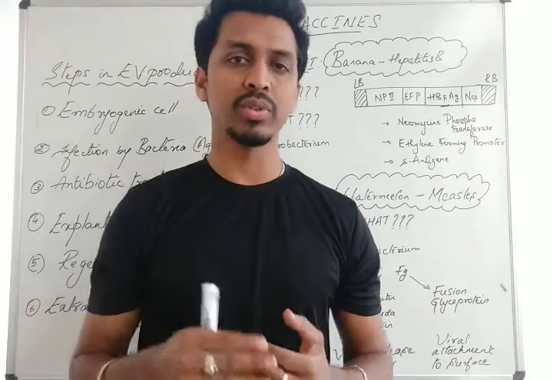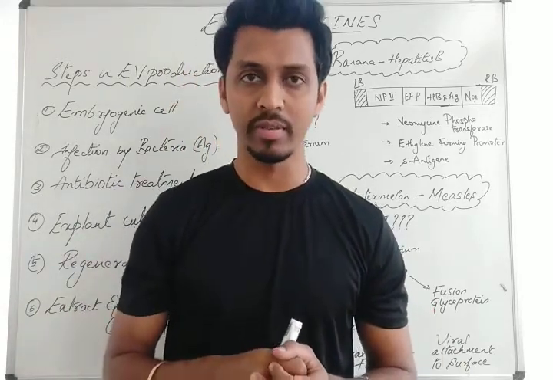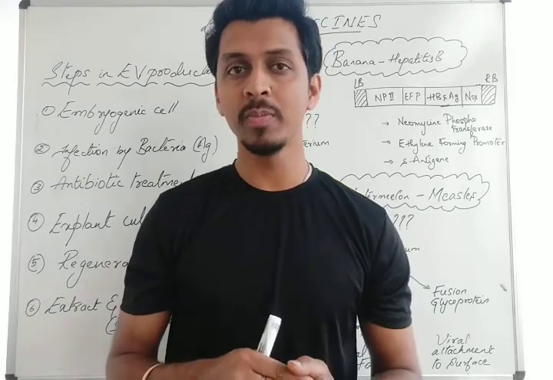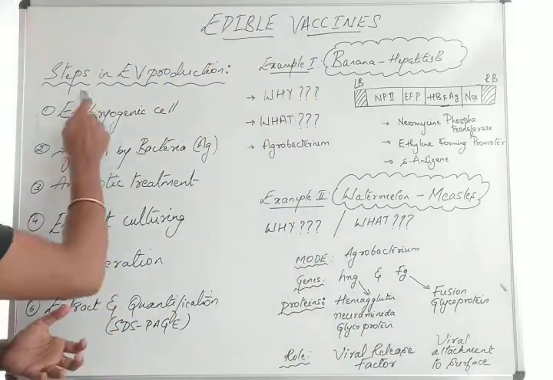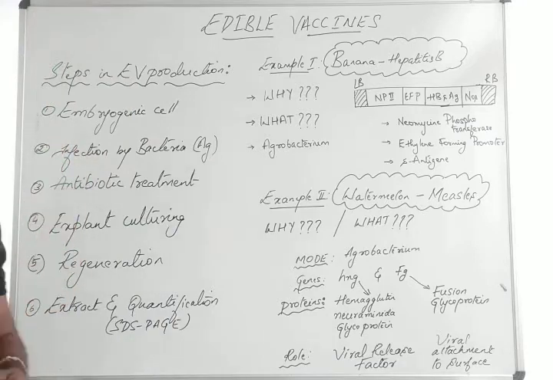So now what is the procedure? In my previous class I discussed the general procedure for production of these edible vaccines. So today we will discuss the exact steps which are involved in production of these edible vaccines. Now if you consider the steps involved in edible vaccine production, the first and foremost thing is embryogenic